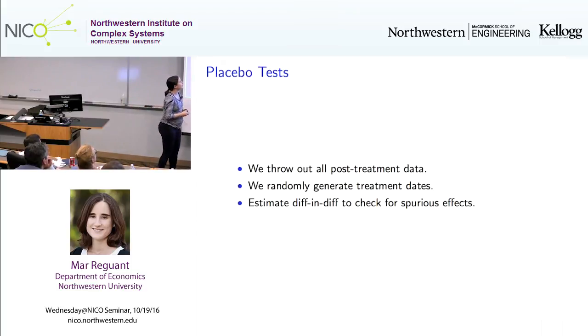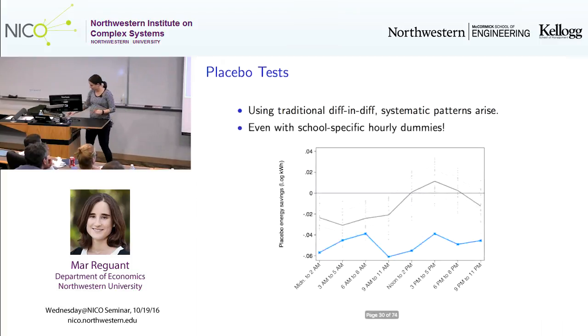So this is what we do when we do this placebo, and the idea is that it will be a red flag if we pick up something spurious. We found that on average, we were not picking up anything spurious. So our placebos were more or less zero on average. But what we found is that we were getting many confounding factors when we looked at the heterogeneity of these interventions across hours. So these are the lighting placebos, and as you can see, there are very systematic patterns that the placebos are picking up.